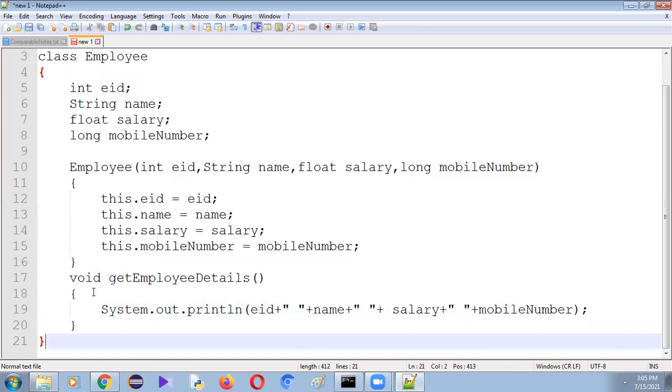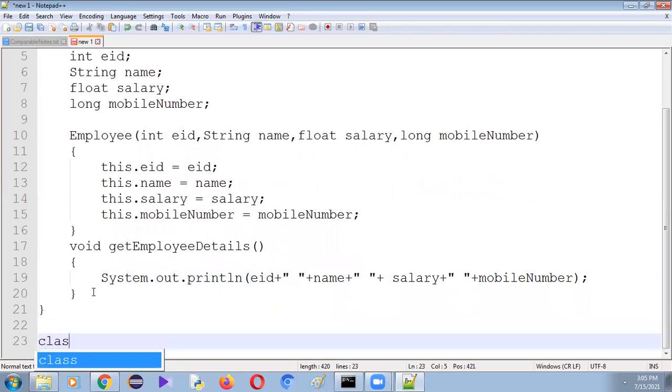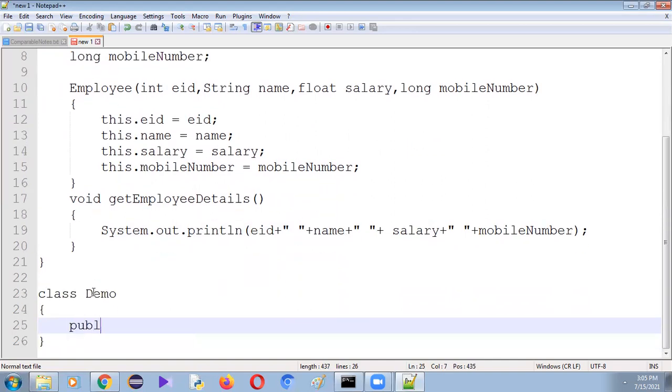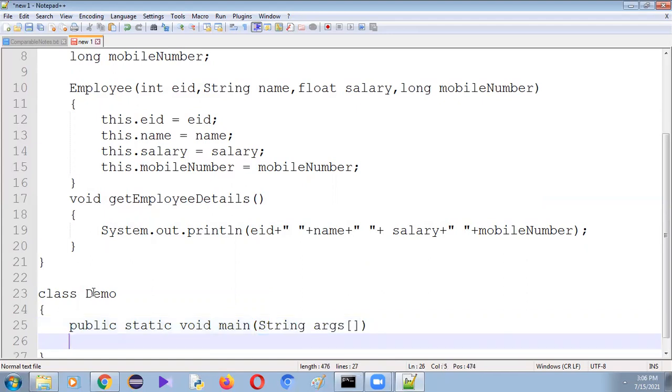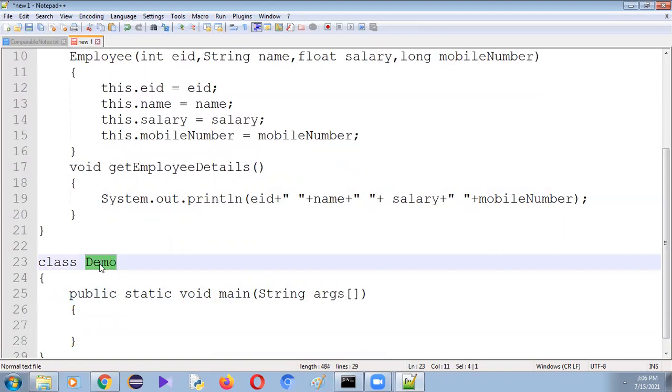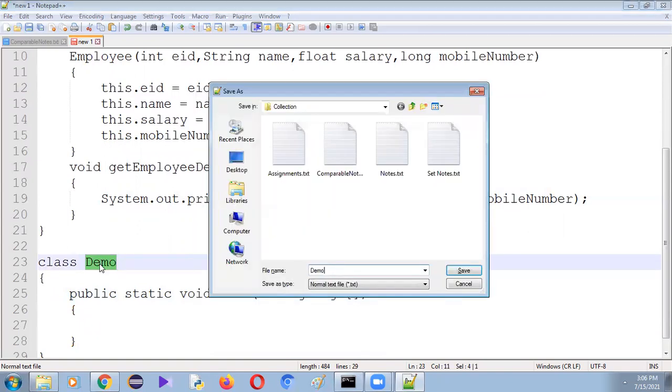Right? Now let me write a class called Demo. Write the main method: public static void main(String[] args). Let me save this program as Demo.java.